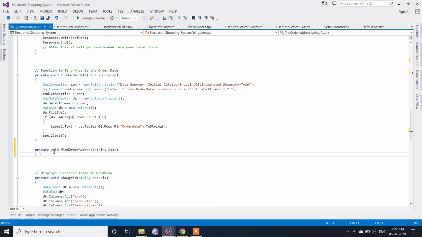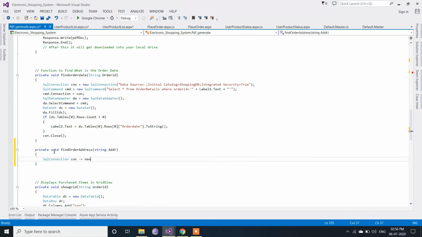Now inside the function we have to provide the SQL connection class, and inside here we have to provide the SQL connection.